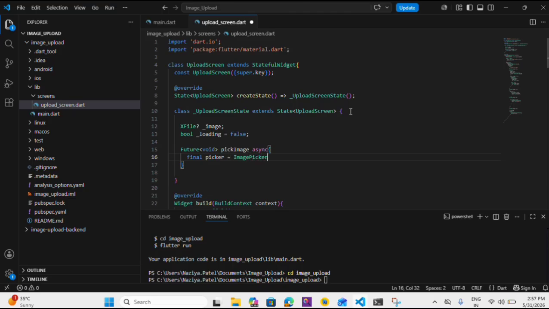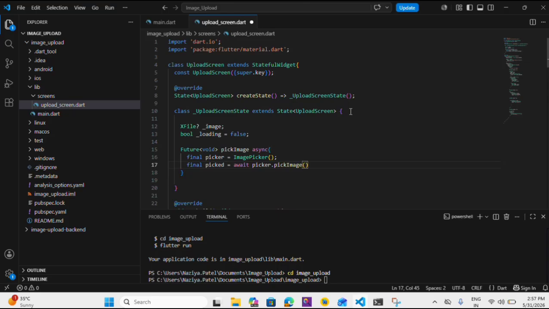Okay, and the second one is final picked, after picking it. Await function, since it will take time. pickImage,